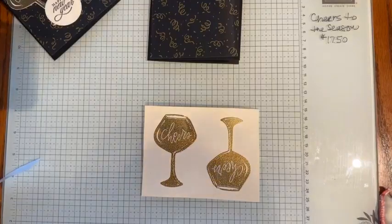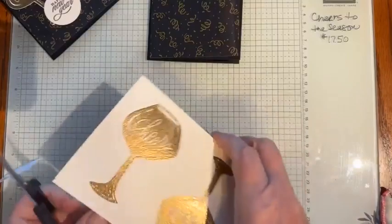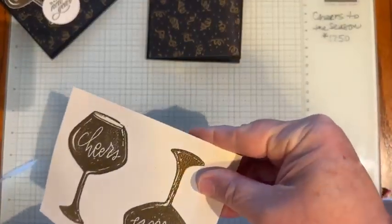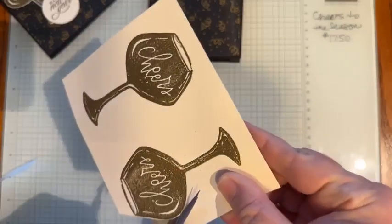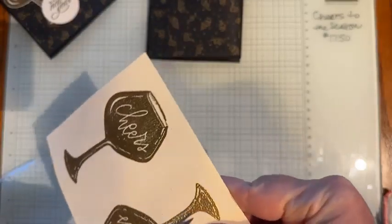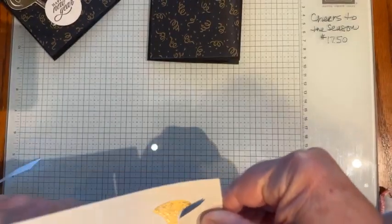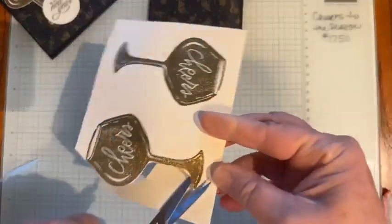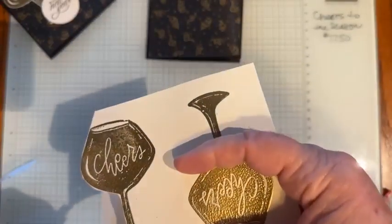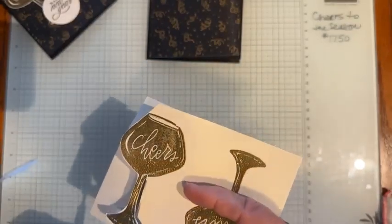So then from there, I took my scissor and I fussy cut. These are not too hard to do. It would be awesome if there was a die, but I know a lot of you out there love to fussy cut, and I love it. I can do it when there aren't a lot of details. So this one, the goblet's pretty straightforward, but I won't make you watch me cut out the whole thing because